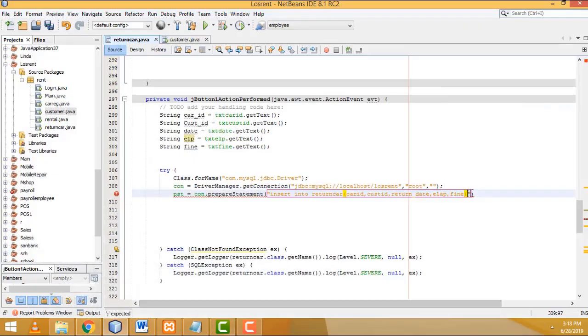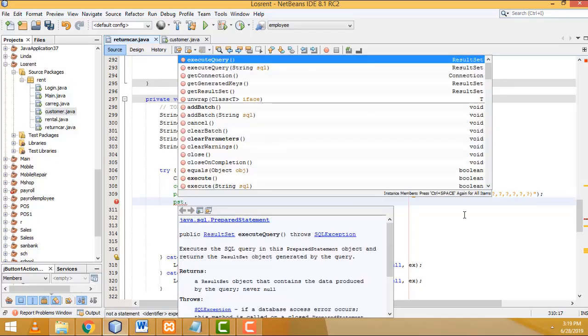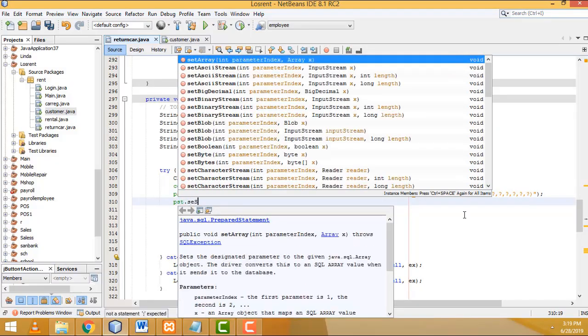After that, you have to write values. These values you are going to add here. First, count how many columns are available: 5, so you have to write 5 question marks, right? It's a prepared statement. Now passing to the prepared statement, pst dot set string